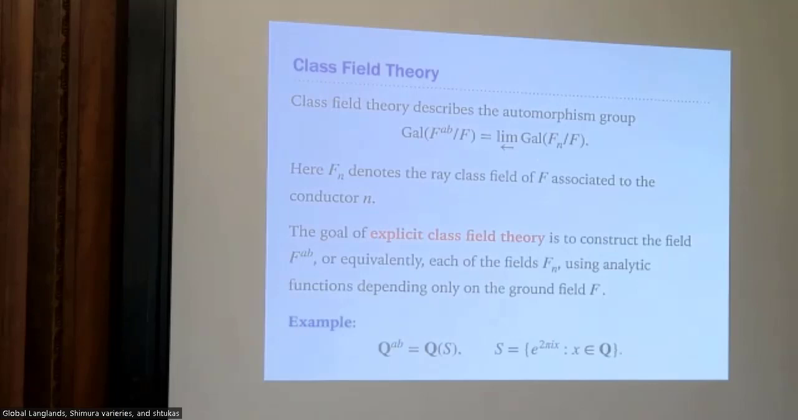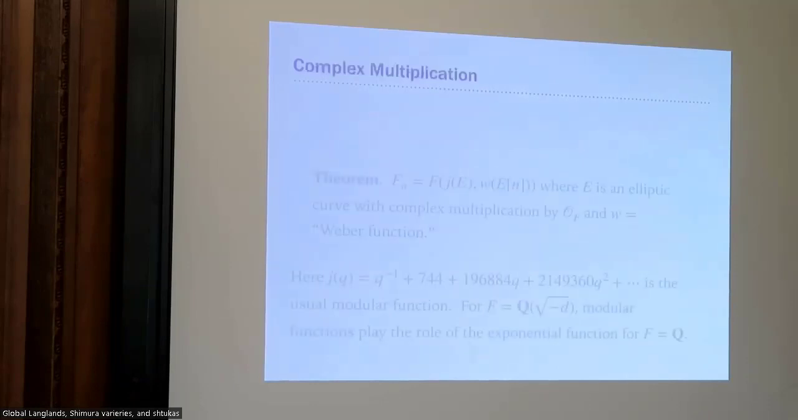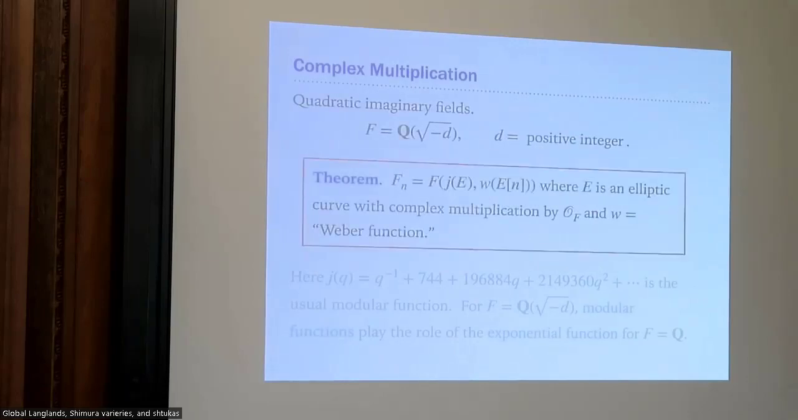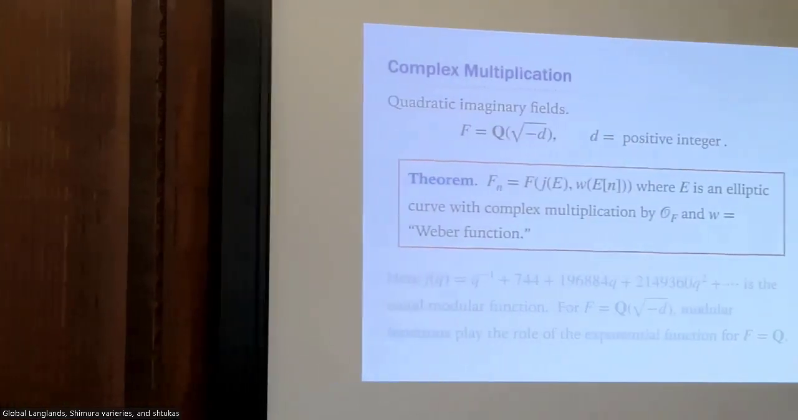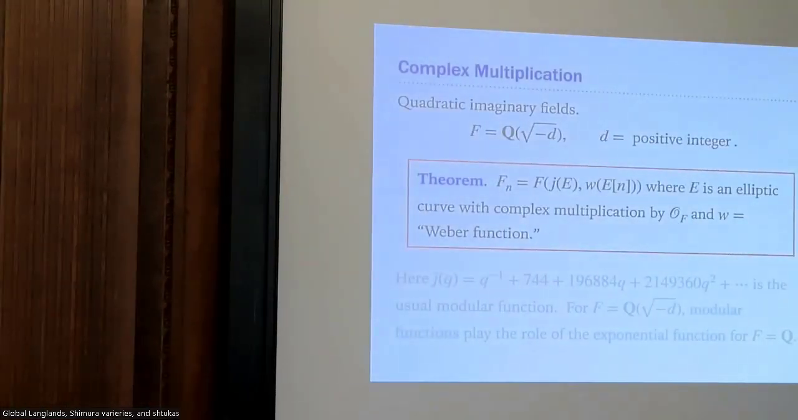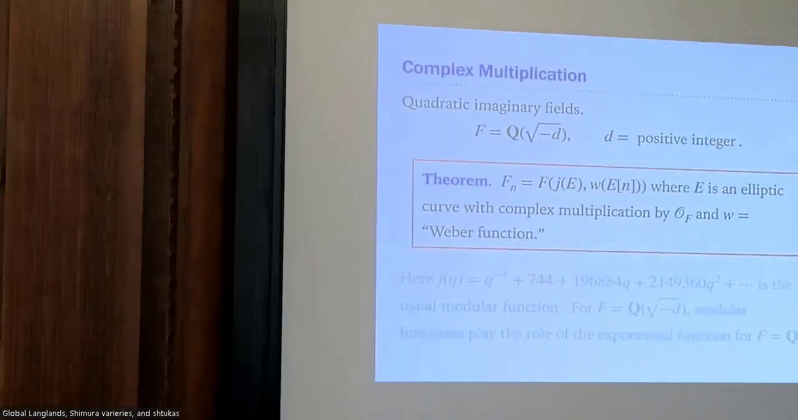So over Q, it's described the way I have already told you: you take the holomorphic function e^(2πix) and you plug in rational arguments. The other context in which we know how to solve this question is when the ground field is a quadratic imaginary field. So if you take F to be Q adjoin the square root of a negative integer, then